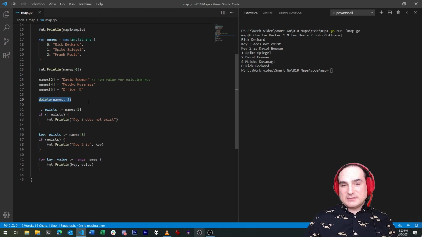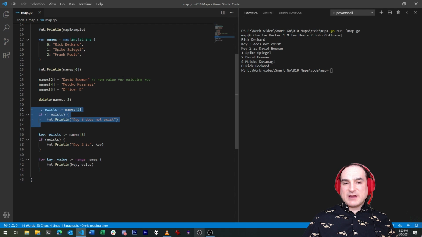To check if a key exists, we can perform an operation like this. We attempt to retrieve from the map with the key and obtain an exists value to go with it. This is essentially a variation on the standard error reporting technique that Go uses, although in this case, instead of returning an error, it's returning a success value.